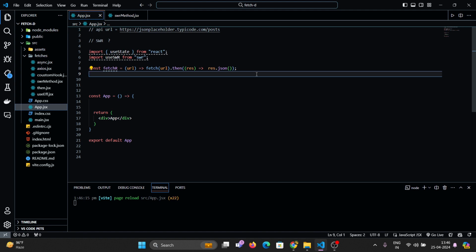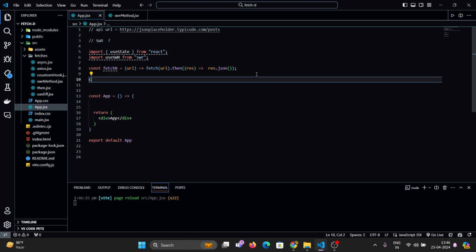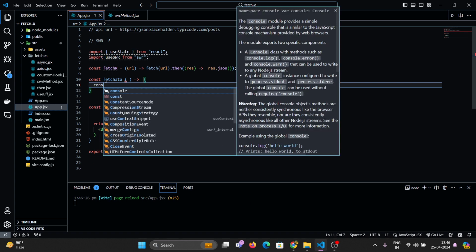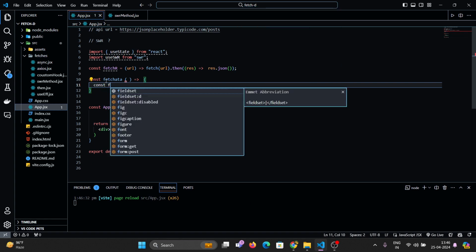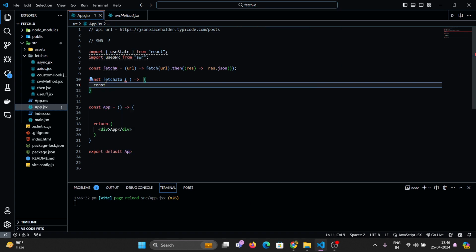Either you can use this one also. For a fresher, if you are not comfortable with this syntax, you can also use this syntax, like a const fetchData. I will show you a simple example. Make it an arrow function, take a const and make it a state variable here.